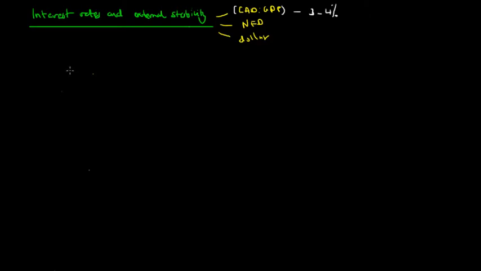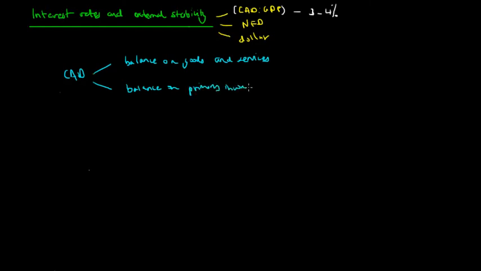Alright, so now we know the CAD, or the current account deficit, is caused by two major factors. Firstly, the balance on goods and services, and secondly, the balance on primary incomes. So we're going to go through these two balances systematically and see how changes to the interest rate could actually